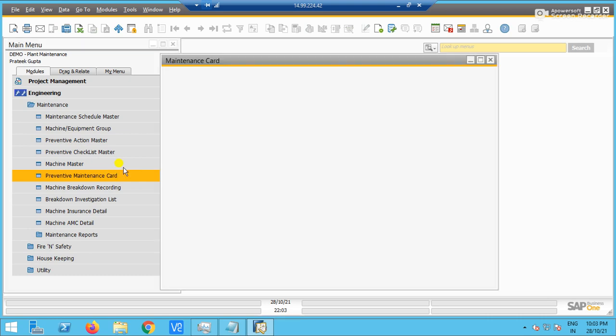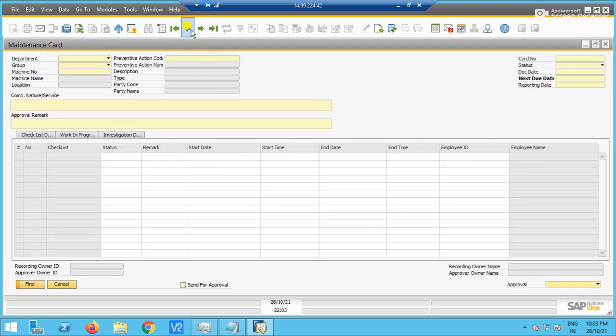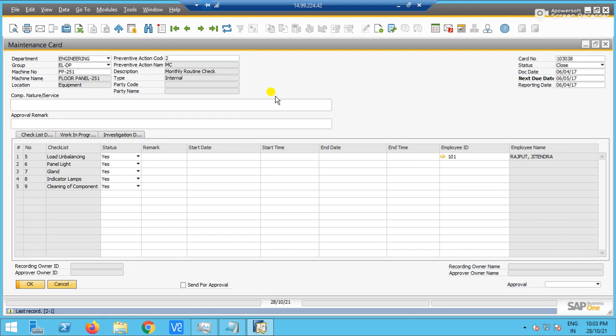Further, on the preventive maintenance card also, machine wise we can maintain a maintenance card in the system where you can tag all the departments, all the groups, all the machine numbers, their machine name, location, as well as different sorts of checklists, what checklist we are performing, what tasks we are performing on that particular machine, what is the start date, end date, the complete timestamps can be maintained, as well as the employee taggings are